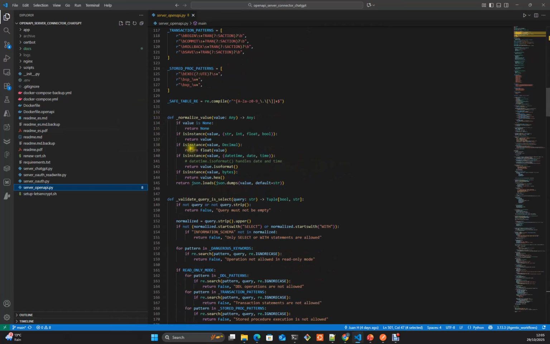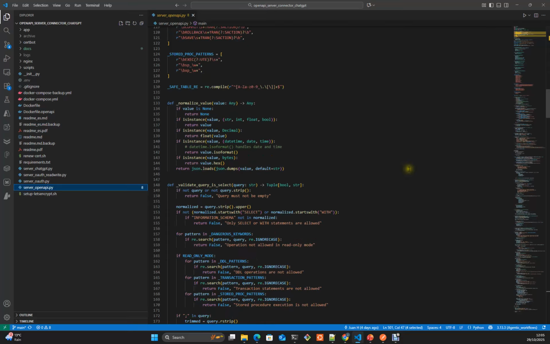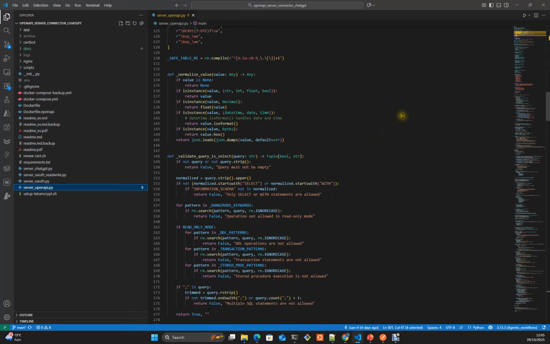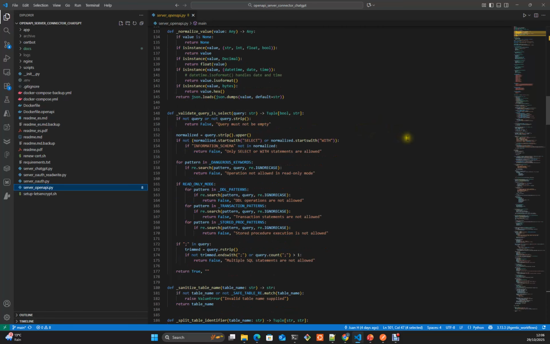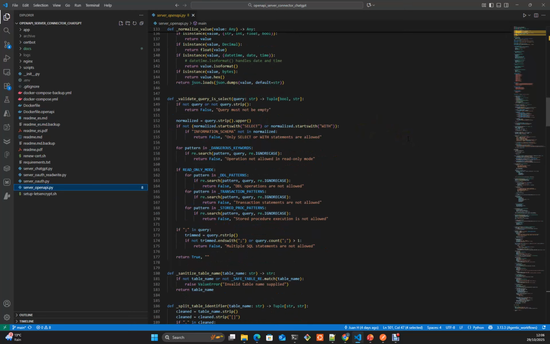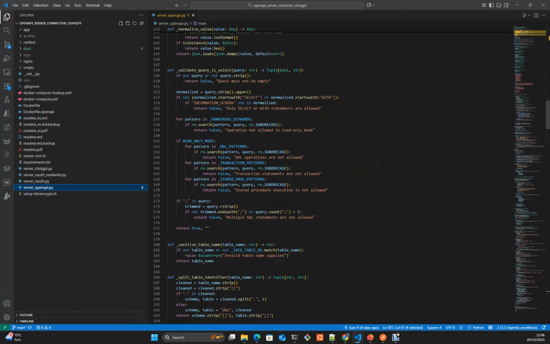Here we had some helpers to normalize values that are returned by the PyODBC library. Here a method to validate if the query is correct, the sanitization query method to clean it.